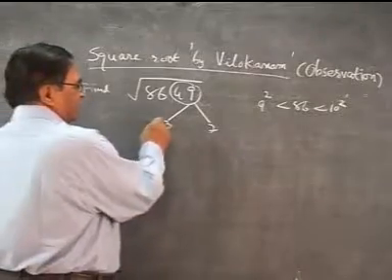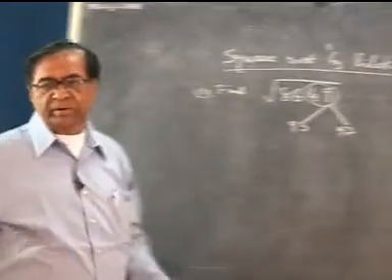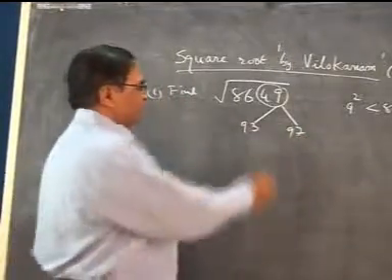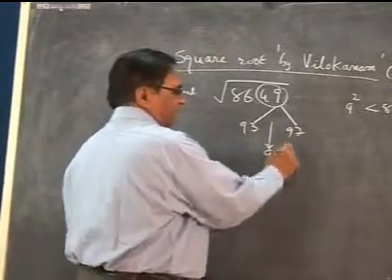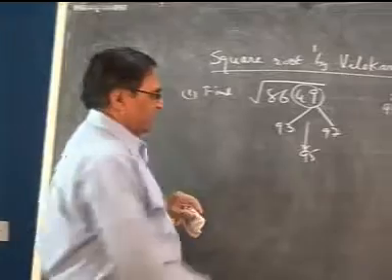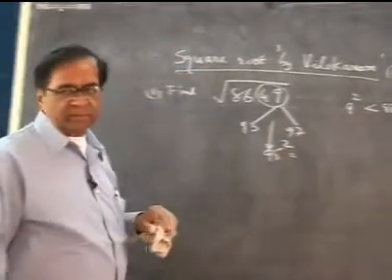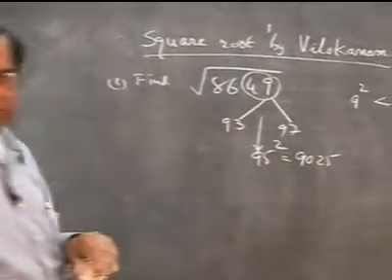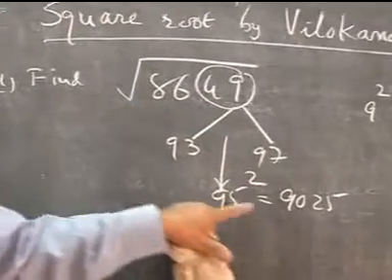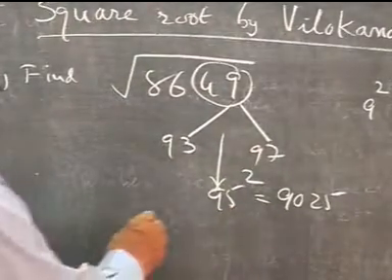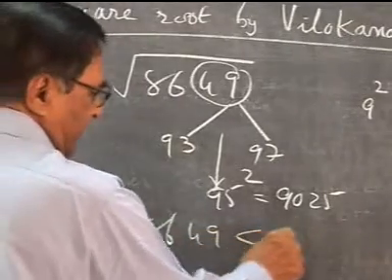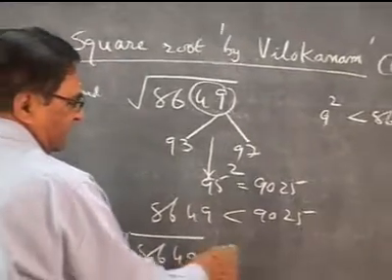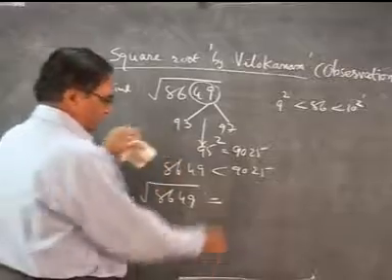So if you adjust 9 here, you are getting 2 digits. Either 93 or 97 is the expected square root. Between the two, there is 95, the unique, no one else. And its square, by one more than previous, we can say it is 9025. Given number is smaller than this, so you can say 8649 is less than 9025, and so the root of 8649 is smaller, so it is 93.